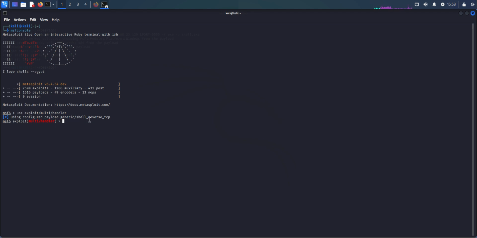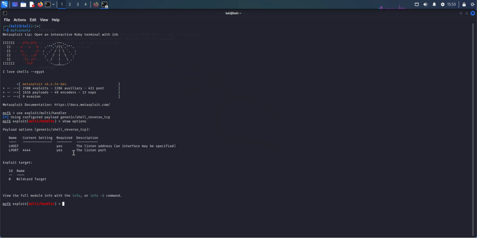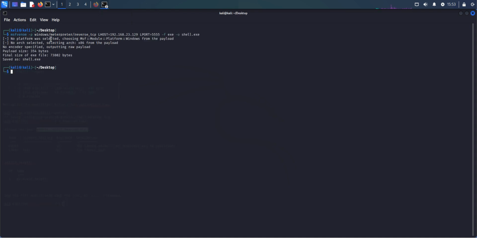It has a default configuration, payload generic reverse. Now remember that in Metasploitable we used show options. It is using a generic reverse TCP shell. We have to change it to match this binding. Okay,